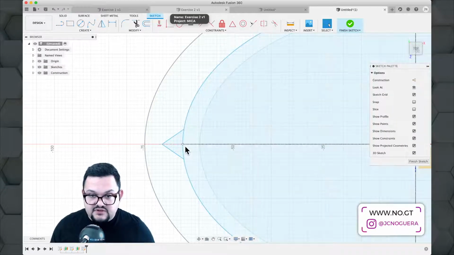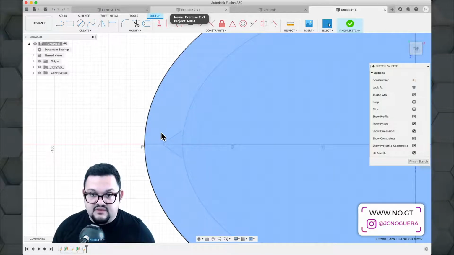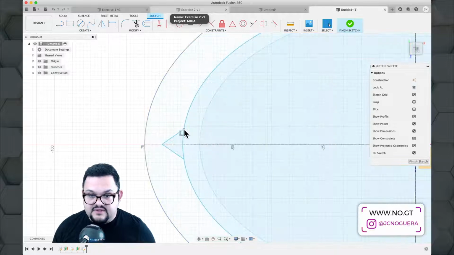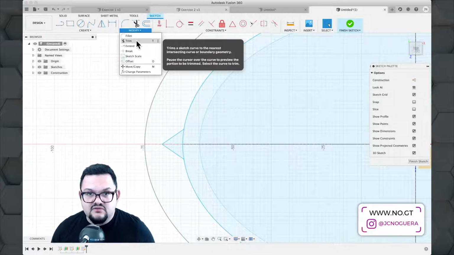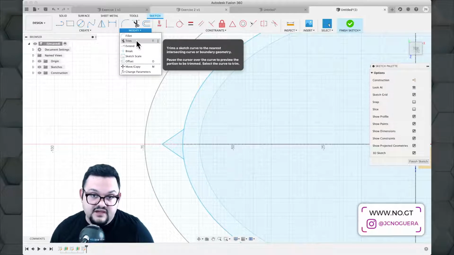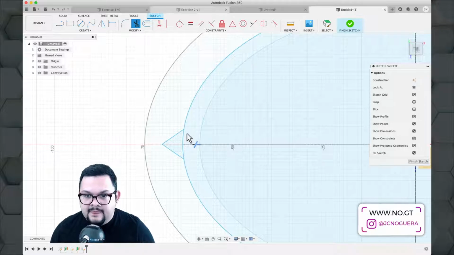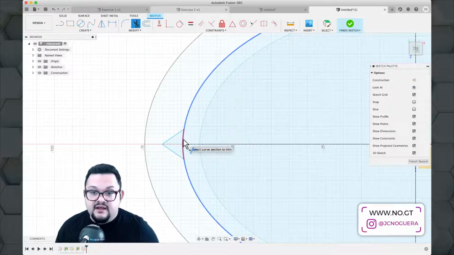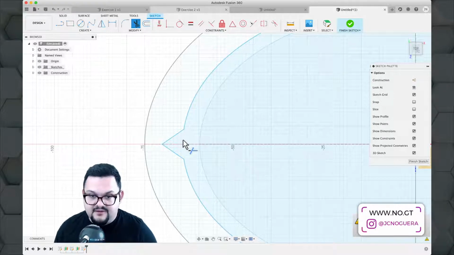After adding this small triangle to this side and making sure it snaps here to the ellipse that I drew, I'm going to go to the Modify Sketch tool, and I'm going to select this tool called Trim. Trim is going to allow me to get rid of the parts of the sketch that I don't need. In this case, if I go near this area here, you can see it marks it here in red. If I click trim here, it'll get rid of that part of the ellipse,